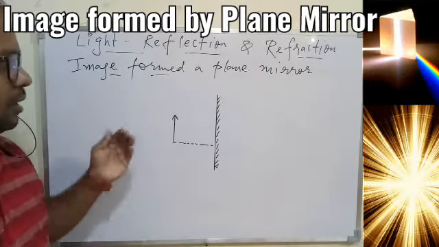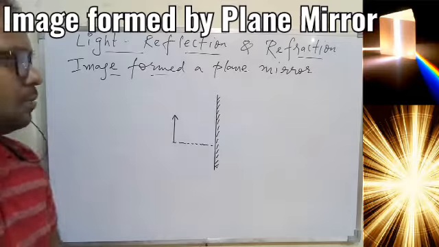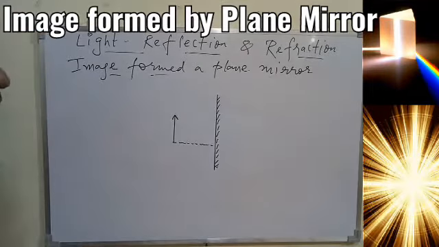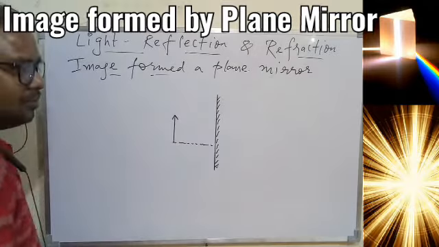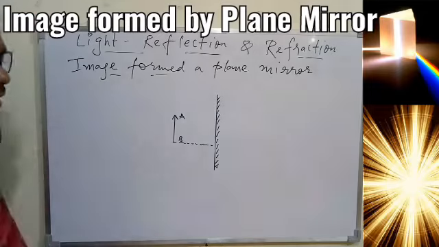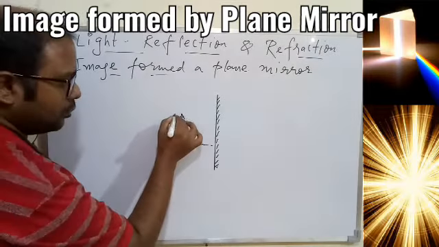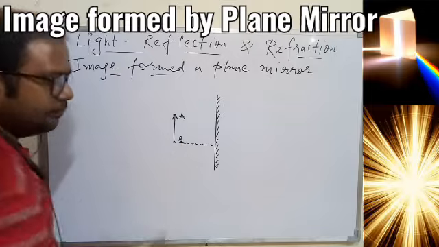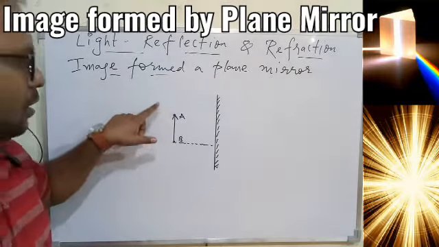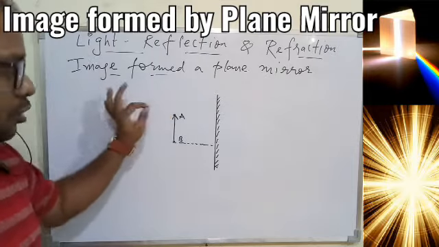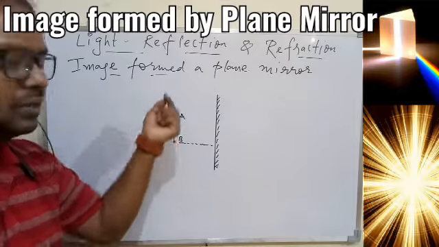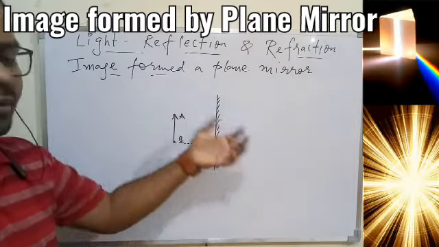Now for this we have to find out where the image will be formed behind the mirror and what will be the characteristics of the image. So the very first thing we need to imagine is that we have the object AB, the height of the object is AB. Now we can imagine one point at A and one point at B. So what is to be done? First we'll try to find out for the point A, that is the topmost point of the object, where will be the image. And for the point B, where will be the image?